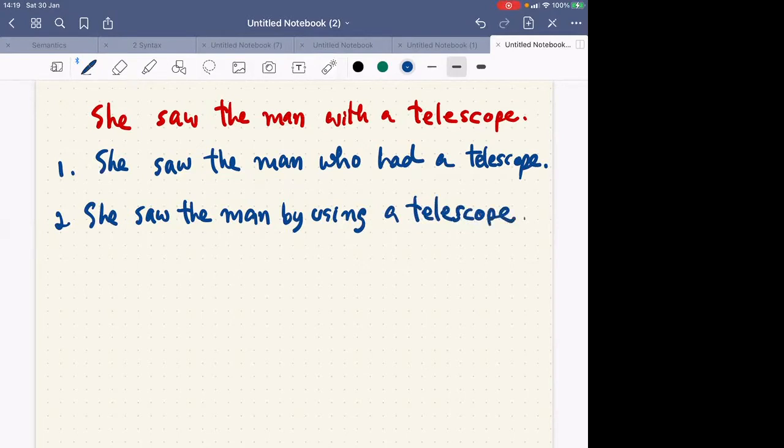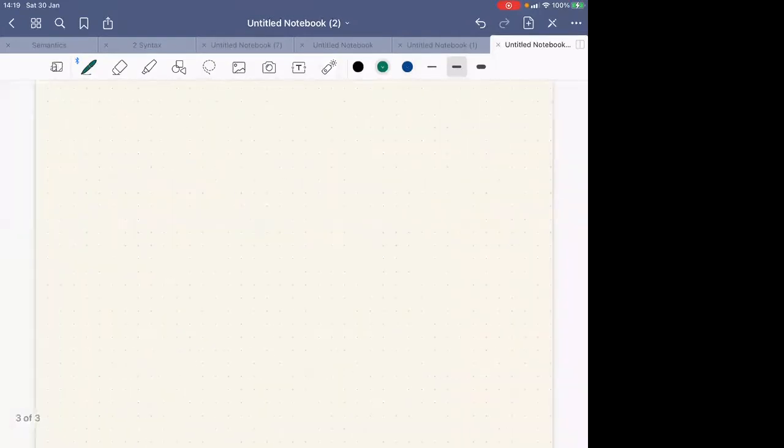So the reason why this sentence has two meanings is that it has two structures, or there are two diagrams corresponding to each of the meanings of the sentence. So I'm going to talk about the first meaning first. In the first meaning, she saw the man who had a telescope. The structure of this sentence is going to be something like S, consisting of NP and VP. The NP is the pronoun